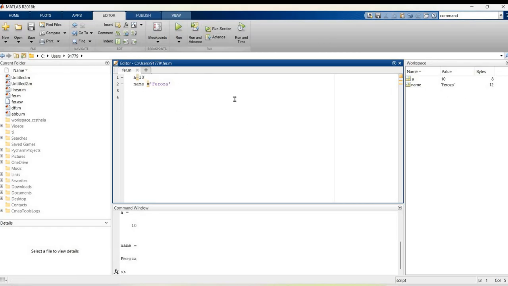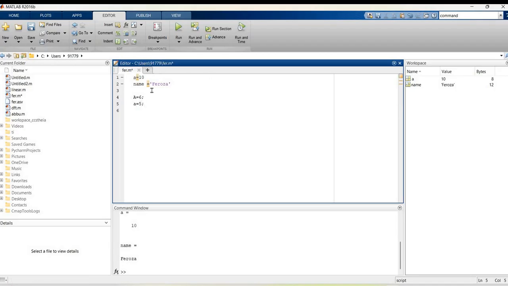Now MATLAB is case sensitive. Meaning to say, suppose here you have a is equal to 10. We are using small letter a. Now I will use capital A is equal to, I'll use some number, 6. And I will use small a is equal to 5.